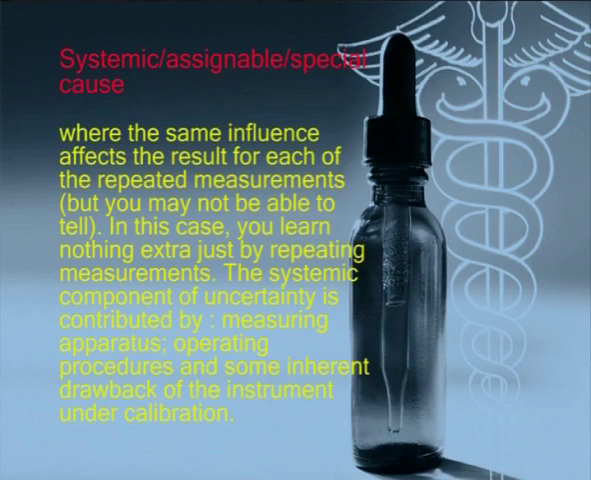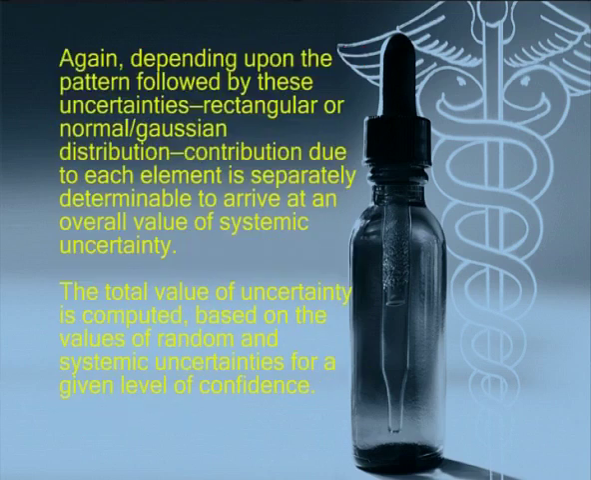The systemic component of uncertainty is contributed by ever so many sources: measuring apparatus, operating procedures, and some inherent drawback of the instrument under calibration. Again, depending upon the pattern followed by these uncertainties, this pattern may be rectangular or normal or Gaussian distribution. Contribution due to each element is separately determinable to arrive at an overall value of systemic uncertainty. The total value of uncertainty is computed based on the values of both random and systemic uncertainties for a given